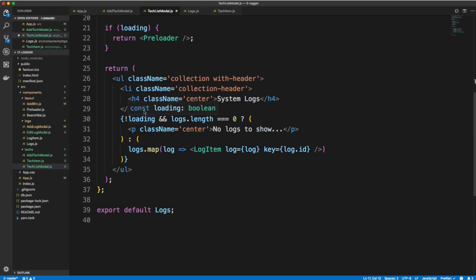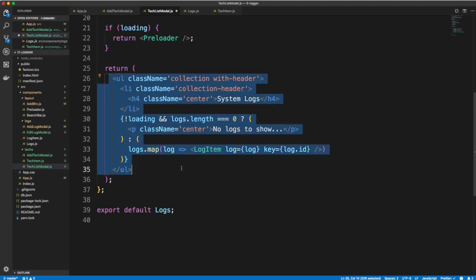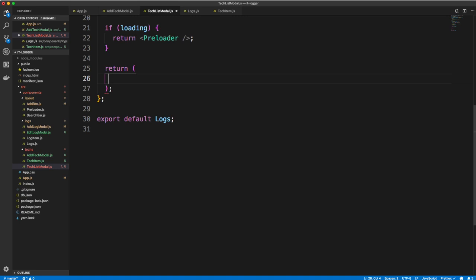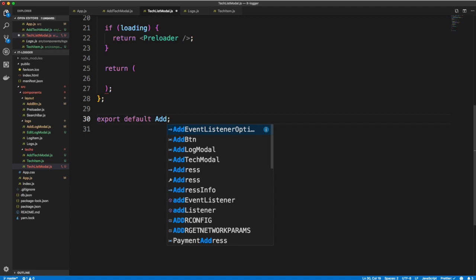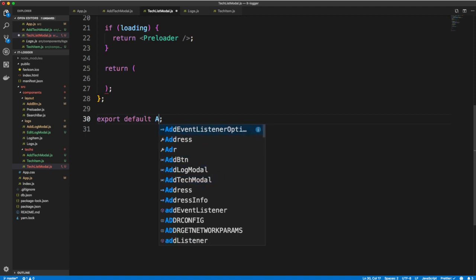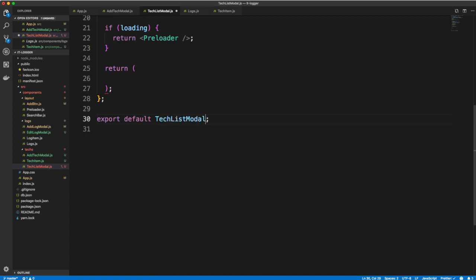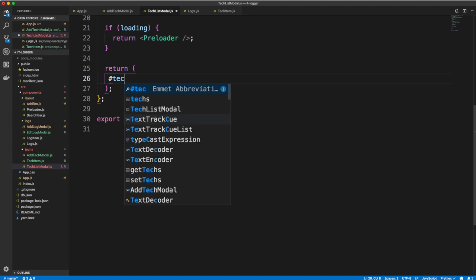And we are going to use a collection, although remember, this is a modal, so it's going to be a little different. So I think what I'll do is just get rid of that and type this out. And let's make sure we change this while we're at it. So this is going to be add tech modal. I'm sorry, tech list modal. Okay, so in our return, let's do an ID of